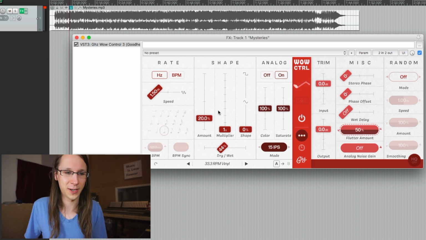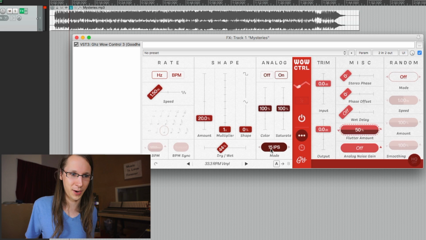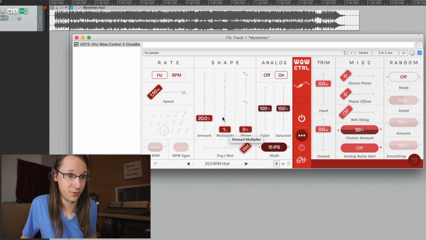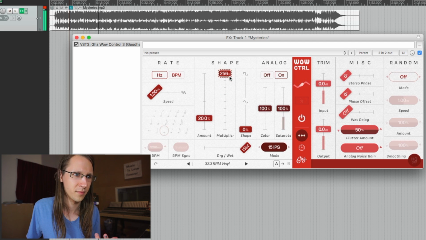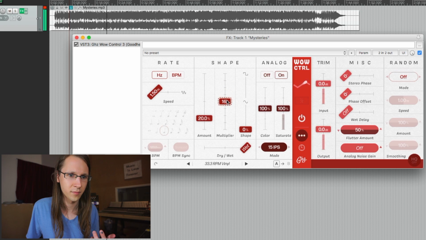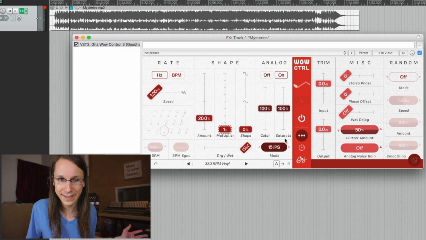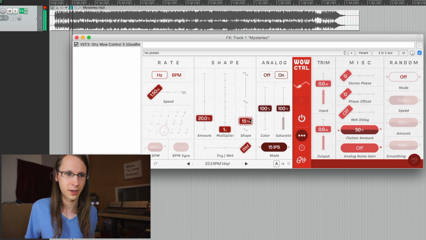Not really. It's an advanced thing that doesn't do a lot, actually. I'm just thinking that I was forgetting two of the major buttons in here, the multiplier and the shape. So with multiplier you're just making the effect even heavier. So let's say you've made something very nice, like for instance this, but you want it heavier. Like that. And we also have shape, so we can also have it